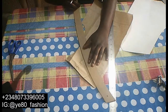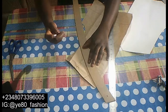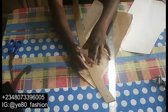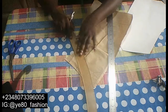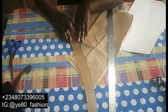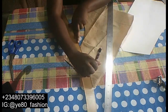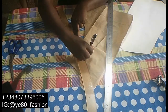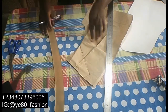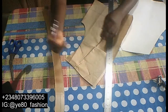I'm going to try and do different lines. You know, fashion is, you can't exhaust creativity in fashion, so you can bring it to this place in this curve. You can do a back curve. Now this curve, you can see I'm not doing it too much, so that by the time I line it, if you do it too curvy, it will be needing interfacing to have that standing effect. So if you don't want interfacing, you can just use an up and down curve, and then we just cut this